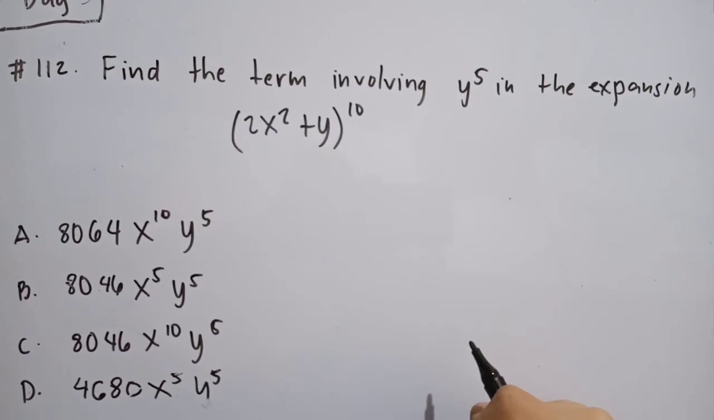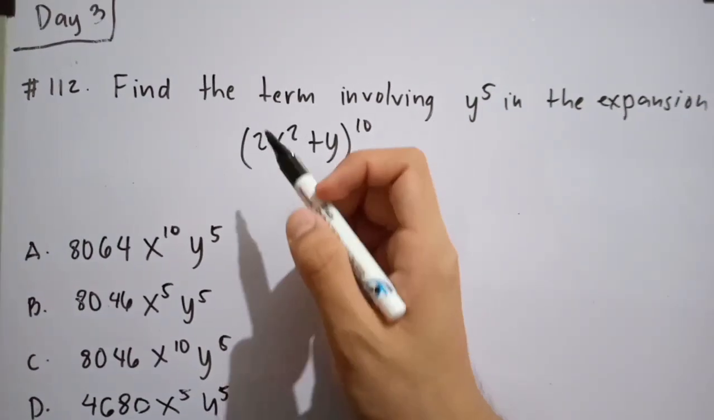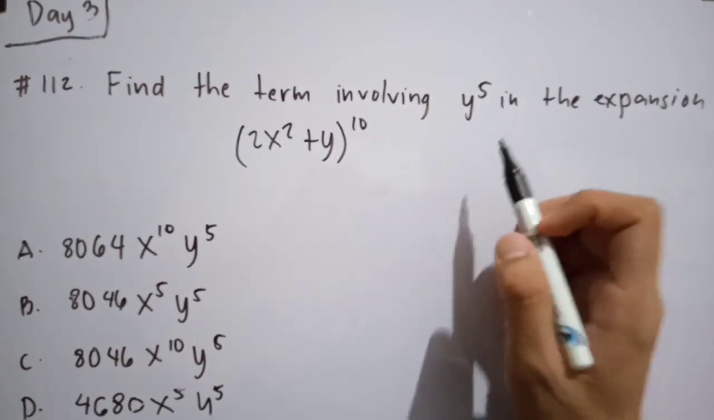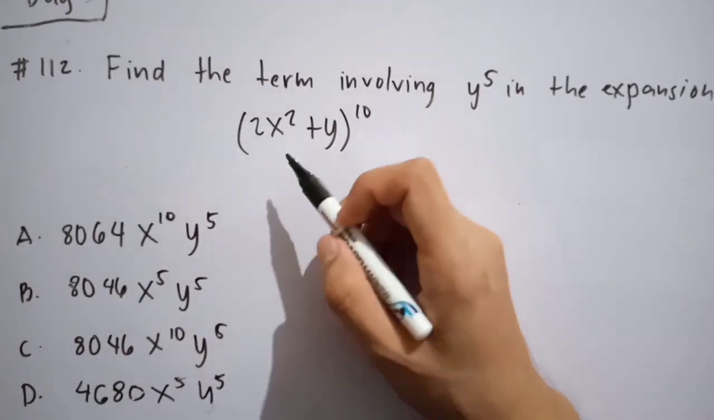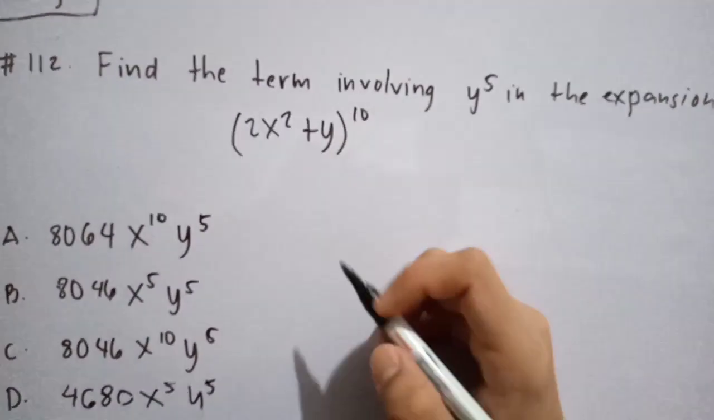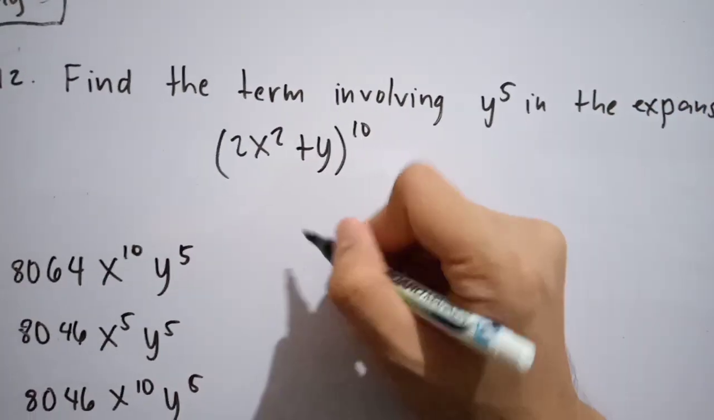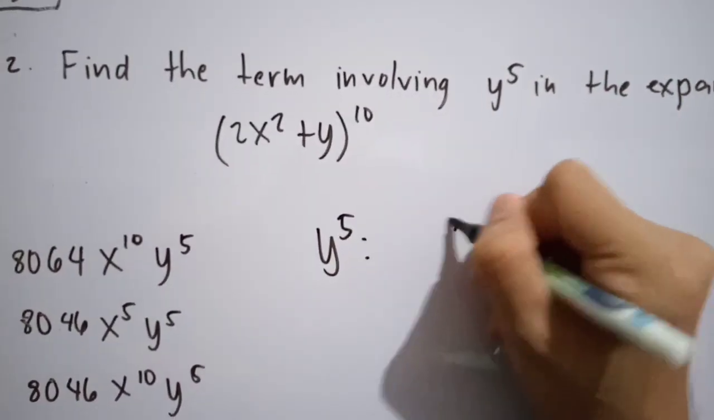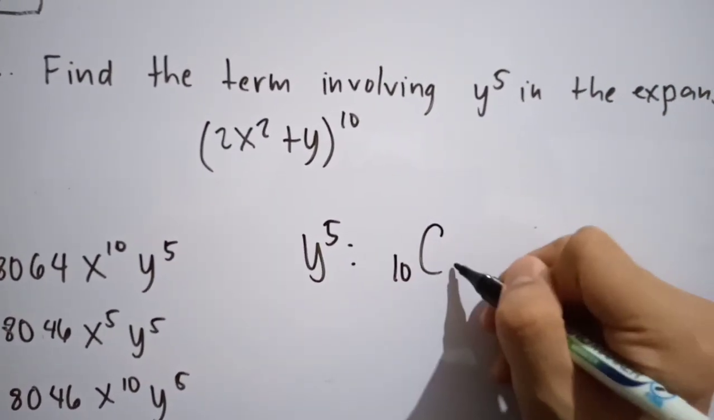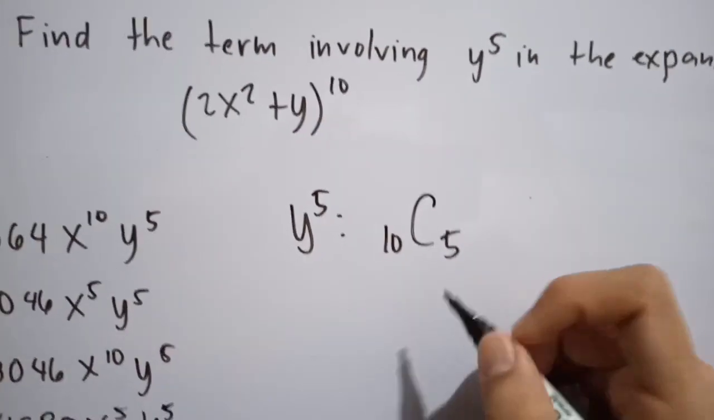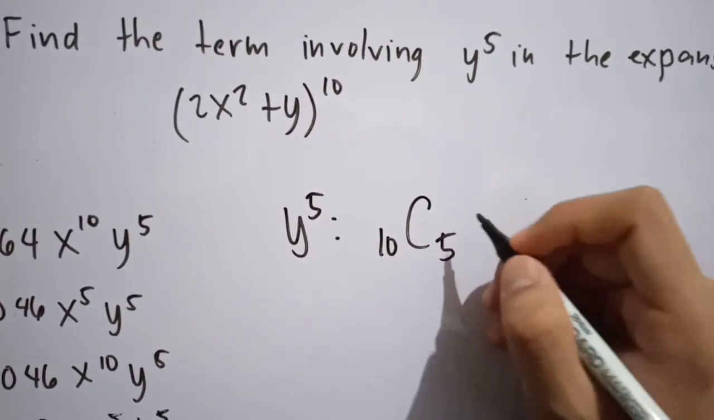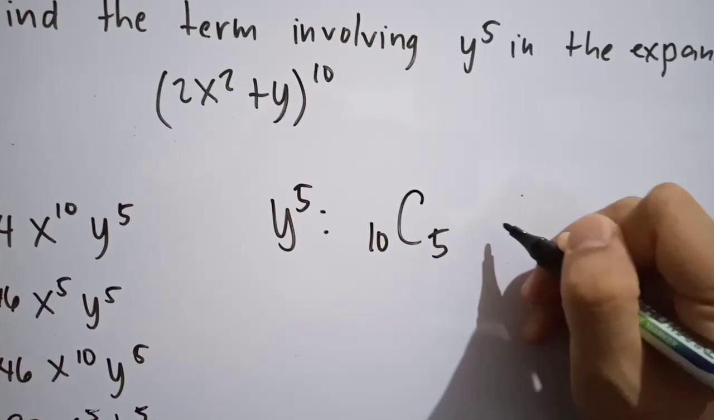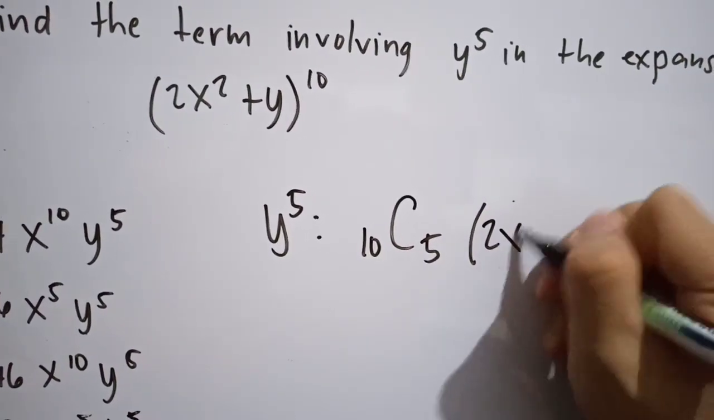This is problem number 112. Sabi niya, find the term involving y raised to 5 in the expansion (2x squared plus y) raised to 10. So yung term which involves y raised to 5, a combination of 10 and 5, or combination of 10 taken 5 at a time, times yung first term 2x squared